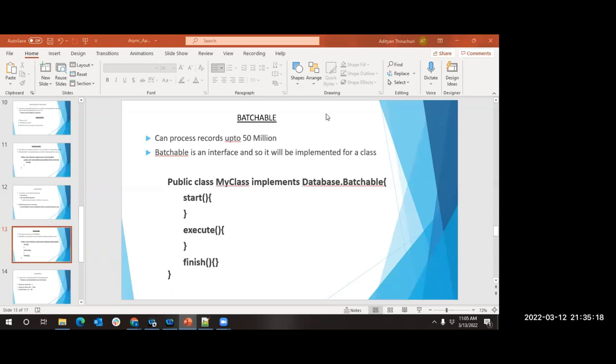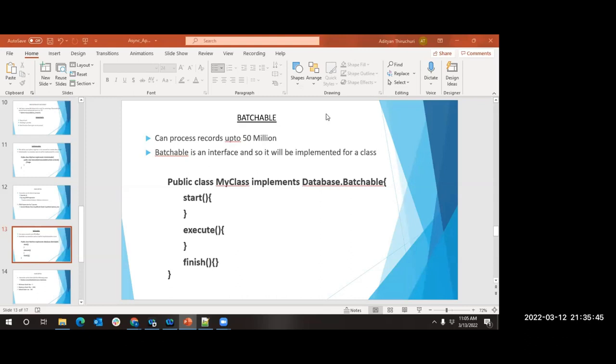Apex class moves to production. So how does a regular user invoke the class without writing invoke class? Who will write the invoking class code? See, always remember that end user will never do anything, and anonymous block is still available for you in production. If you want some scripts to get executed, anonymous block is still available. You cannot make any change to a class, or create a class, but if you want to call a method present in a class, anonymous block is still available for you in production.